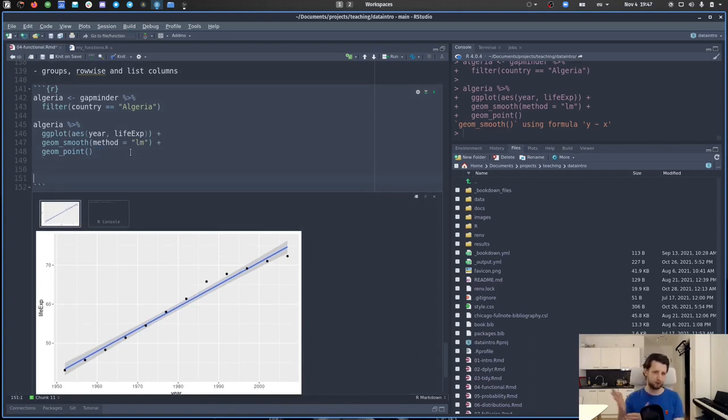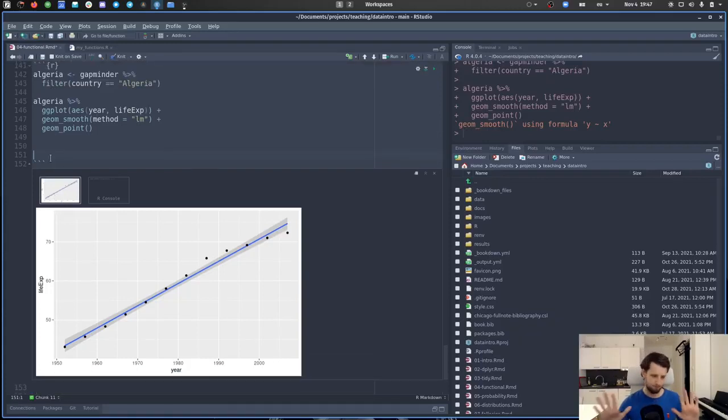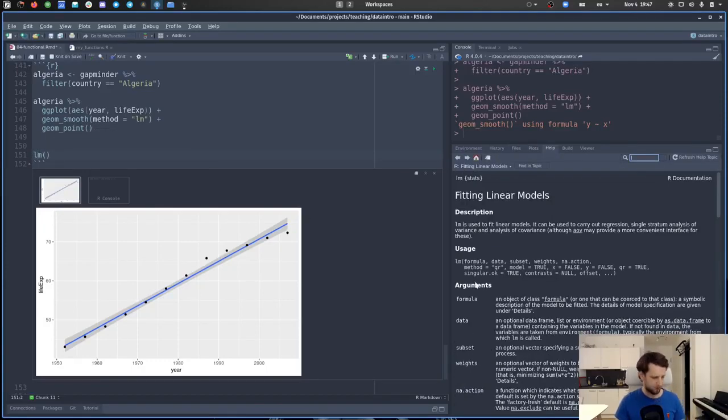And we are not going to go into the details of how linear models work. We will dive more into those when we talk about correlation as well, because there are some relations, but some differences. So let's just look at this as fitting a line as best as we can. And then we later want to get some notion of how well this fits. So in order to fit a line ourselves, we need the lm function,